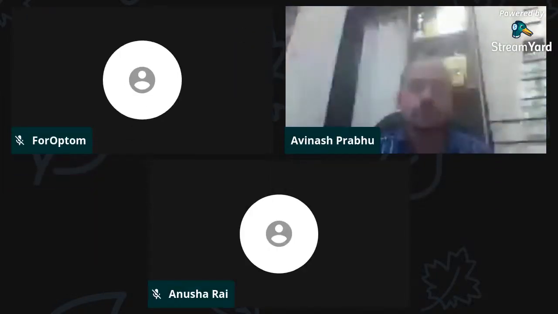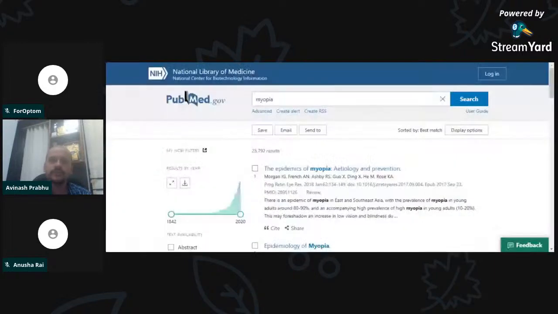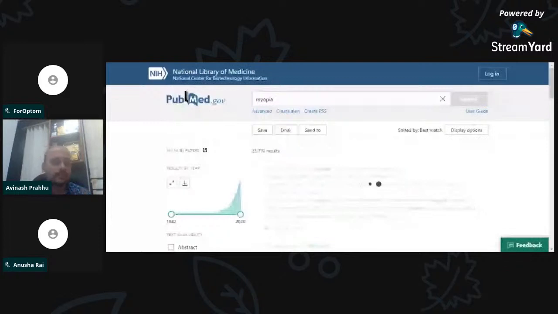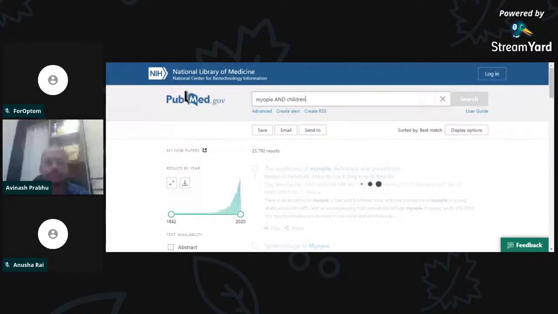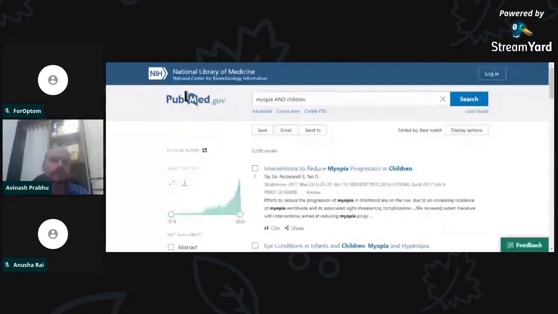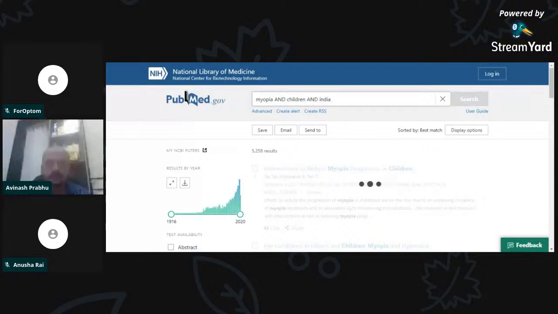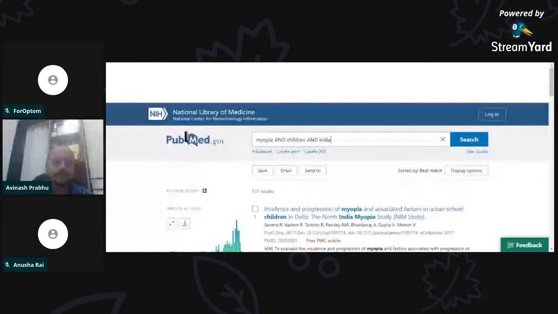Okay. So assume you want to check broadly on myopia. You just went in and searched, and you got somewhere around 23,792 studies on myopia, right? So that is how you start. And further, if you want to narrow it down, there is something known as Boolean operators. Maybe regarding this, we can take another session. Boolean operators like and, or, and not are used. So, for example, you want to check on myopia and children, myopia and children. See, the results come back to 5,000. From 23,000 it comes back to 5,000. And further, if you want to segregate to the Indian context, you will get 137 studies, right? And further, if you want to do it, say